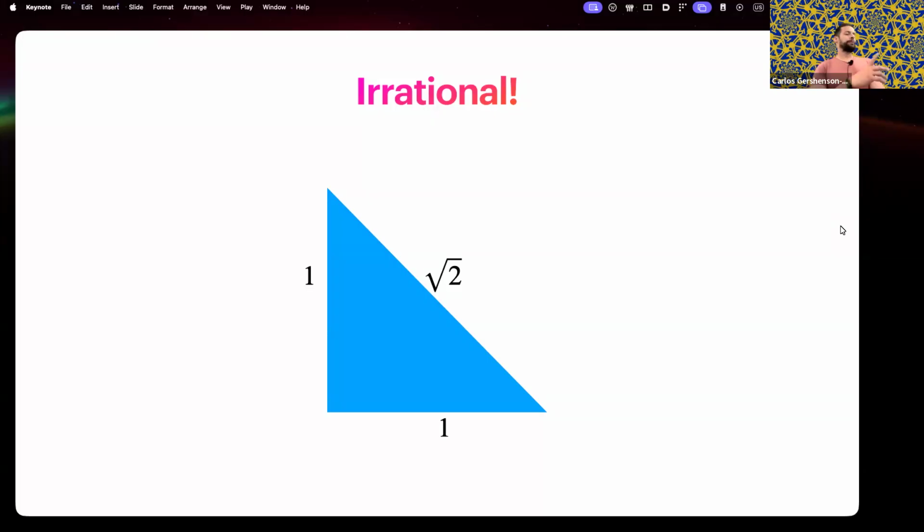That if you have a square triangle whose sides are of length 1, then the hypotenuse will be square root of 2. However, Greeks didn't have irrational numbers, and especially in the Pythagorean school, there was a strong